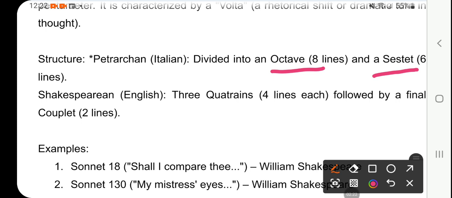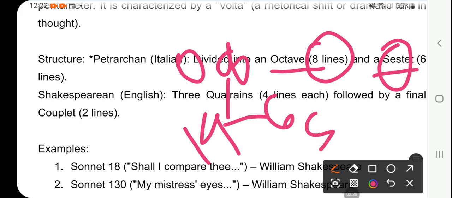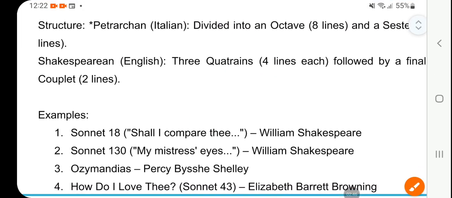Octave is 8 lines and sestet is 6 lines. So the 14 lines are divided into 8 plus 6. This is called octave, this is called sestet. You have to remember, and this structure is called Petrarchan. Right? Now,